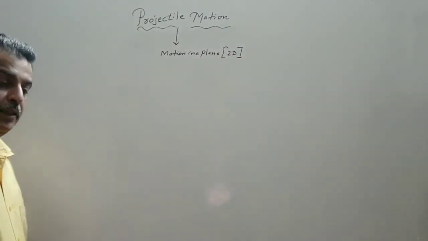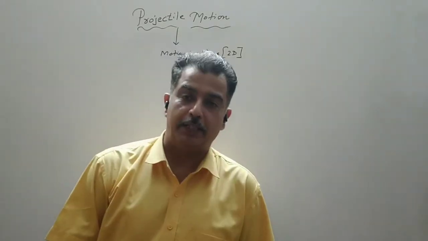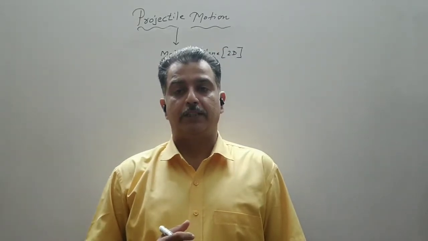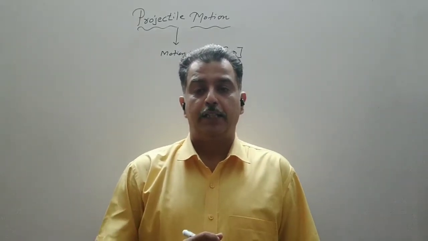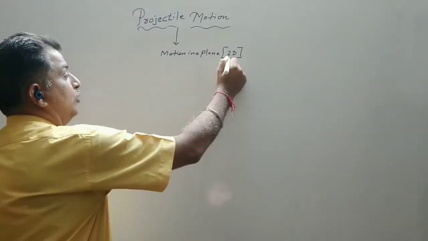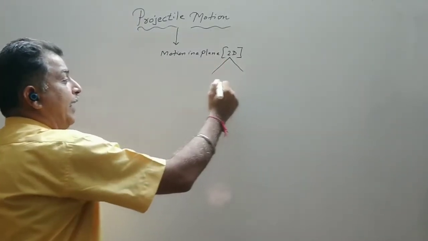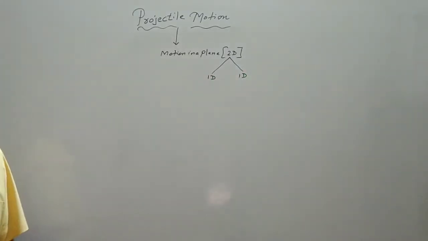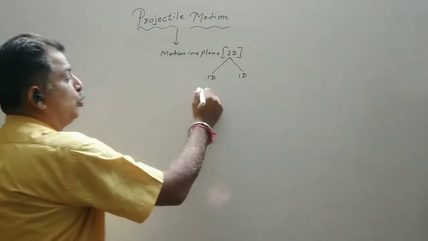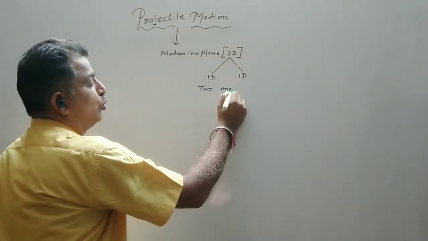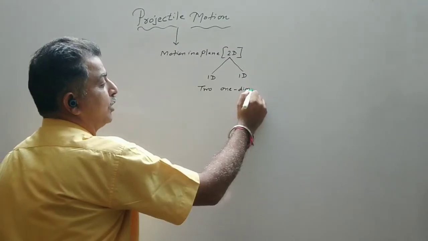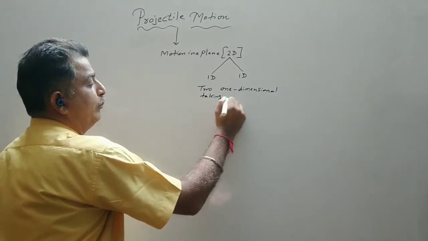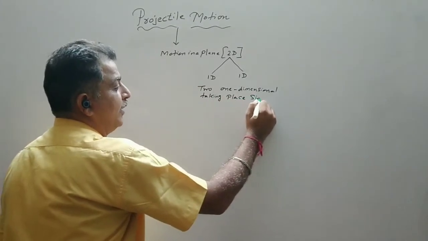Whenever any motion or any vector quantity is two-dimensional, you have to resolve it into two different components. This two-dimensional motion can be easily understood when we resolve it into two components. So it becomes two one-dimensional motions taking place simultaneously,